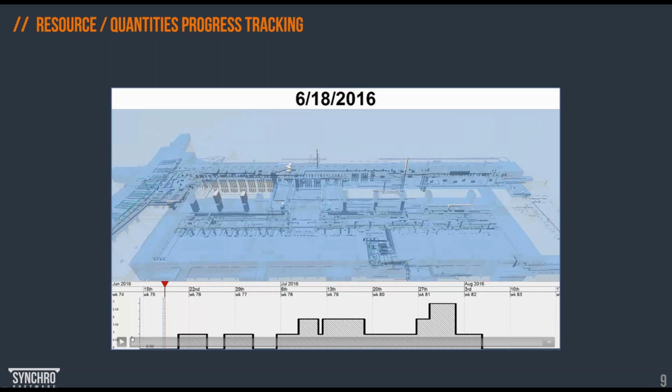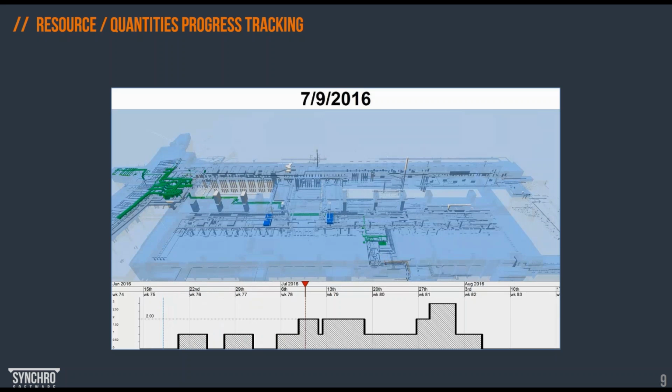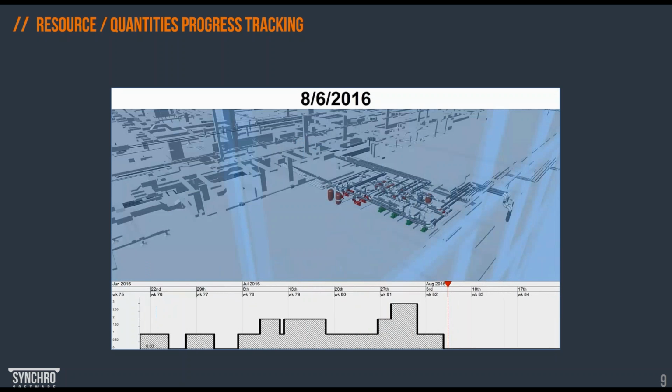And later on, we can also simulate the use of resources in combination with simulation. So here is just a snapshot video in a simplistic graph and 4D simulation. We can report the quantities and simulate the quantities as well, and track those quantities in the form of KPIs, something that we are achieving actual versus the baseline or versus the plan. So quantities are also a very important part of the monitoring process, an integral part of the schedule.